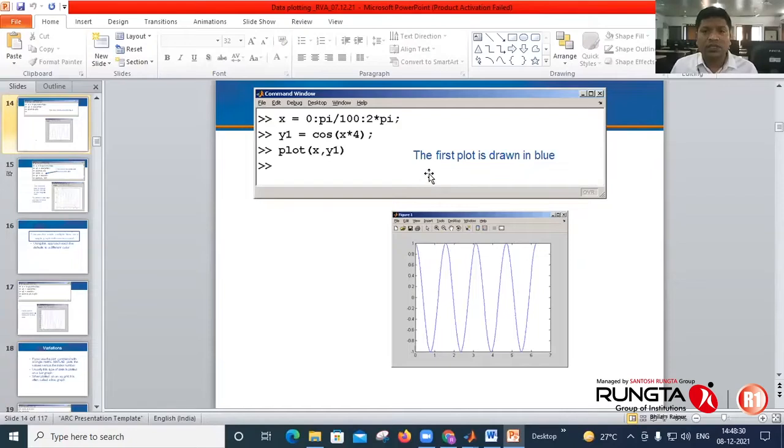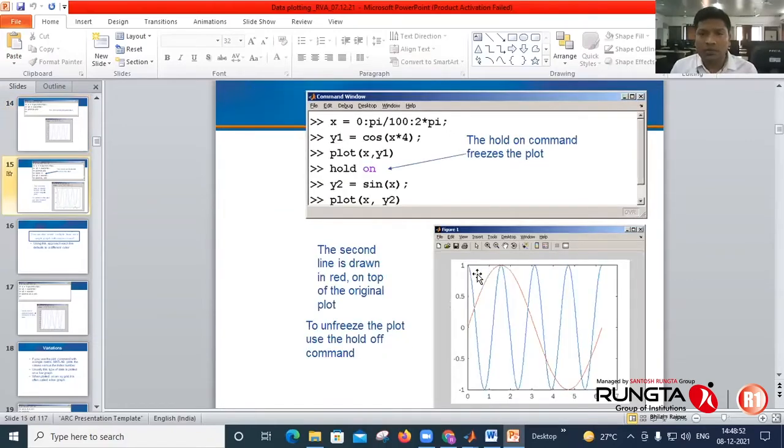Say this is the first case: you define x, define y1, and plot x against y1. This will generate the graph on figure 1. If you want another graph on the figure, put the hold on command, define the next variable y2, and then plot x against y2. The second line is drawn in red on top of the original plot.